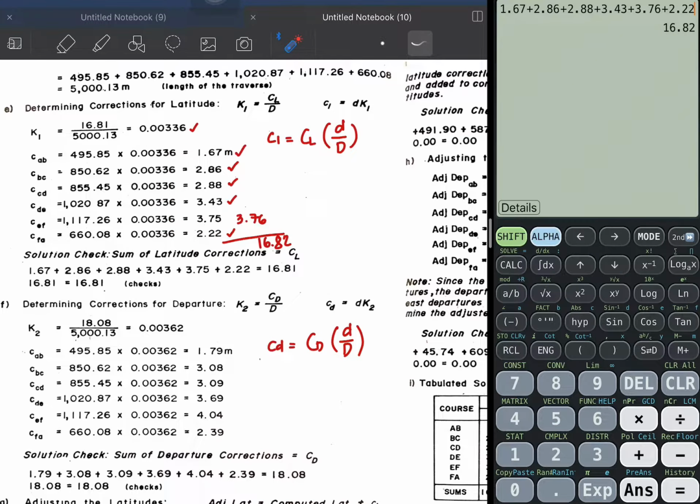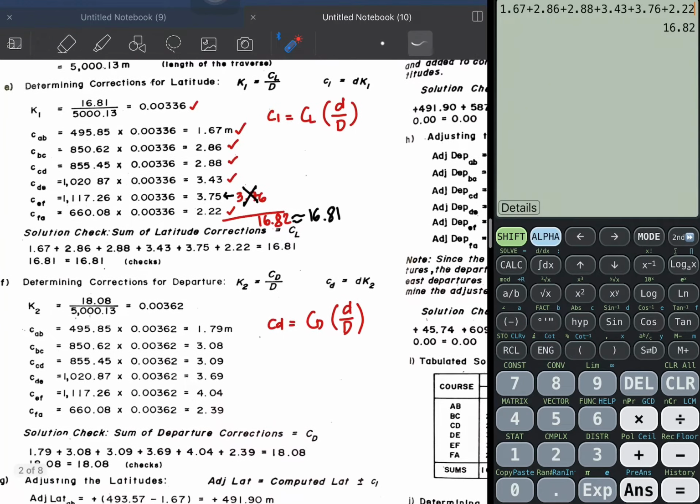Okay, since in our case that is bigger value, instead of 3.76, now we have this as 3.75. So that we'll have this total correction equal to 16.81. Okay, it should be equal to our correction or the closure in latitude, and also for the closure in